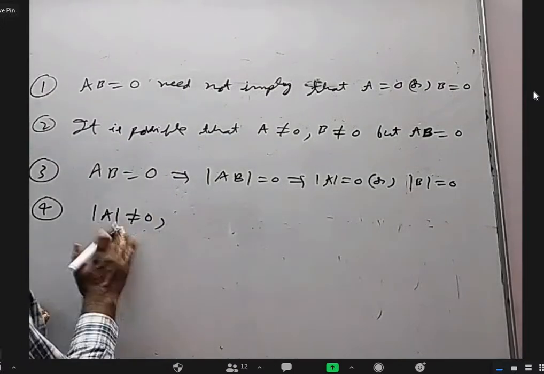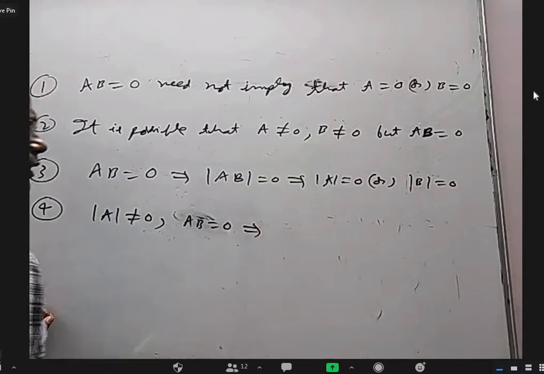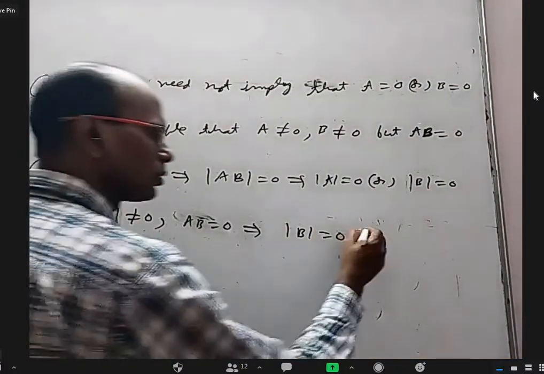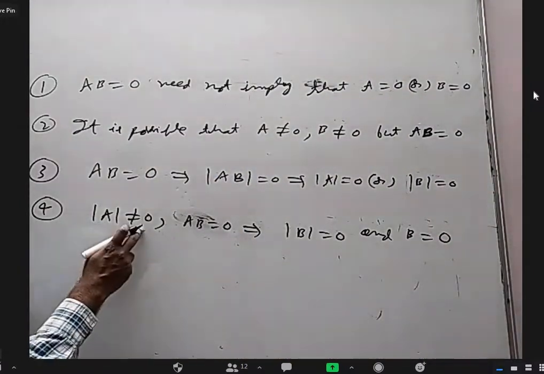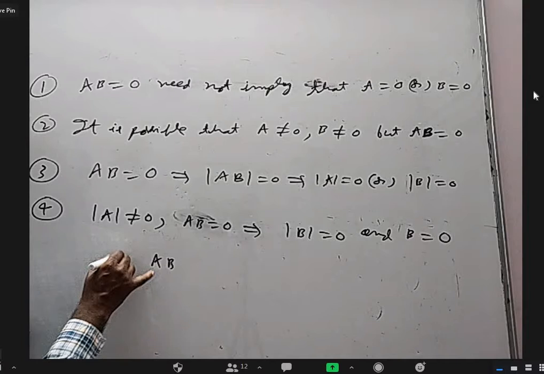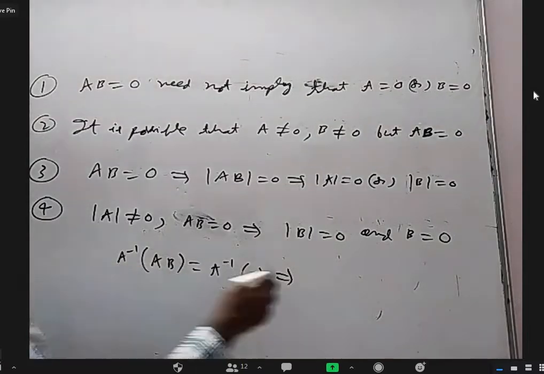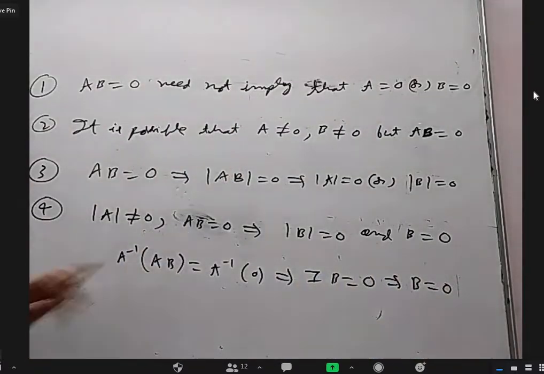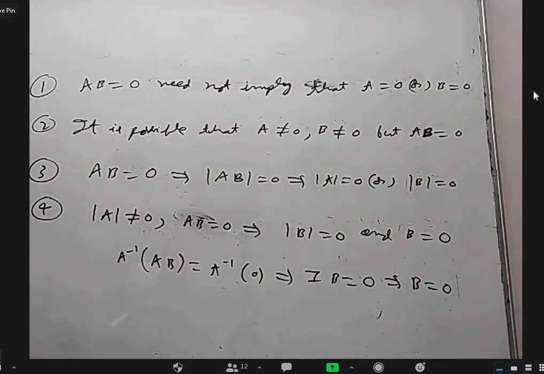Let me write even this. Det A is not 0 and AB equal to null matrix. I can definitely conclude that B must be 0, and not just that, I can even tell B must be a null matrix. Why? Because A is not equal to 0, you can multiply with A inverse. So A inverse into AB equal to A inverse into null matrix. This is identity matrix, so I into B is null matrix. So you will get B equal to null matrix. So when AB is null matrix, I can prove that B must be null matrix, provided you know that det A is not equal to 0.